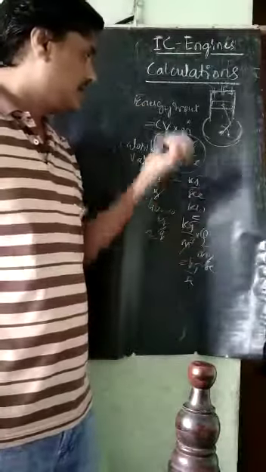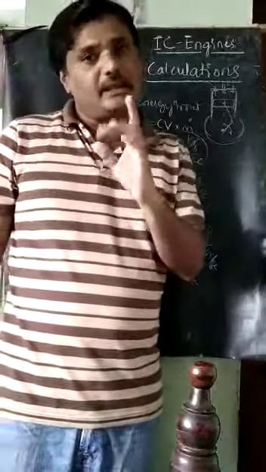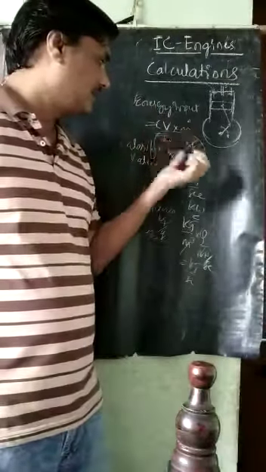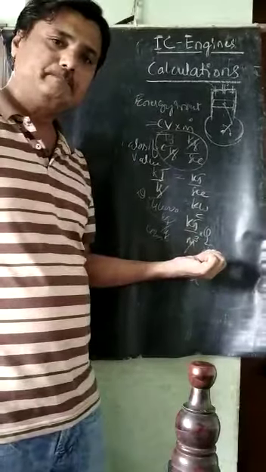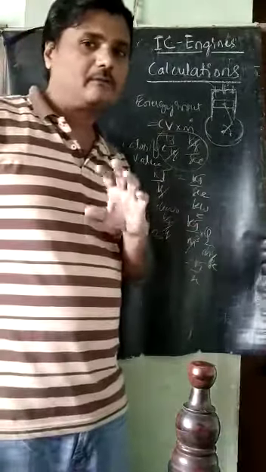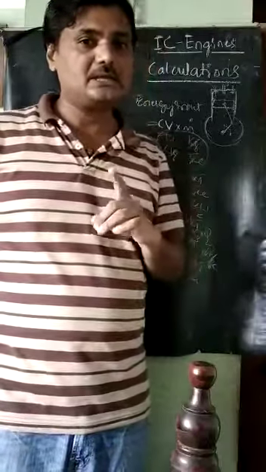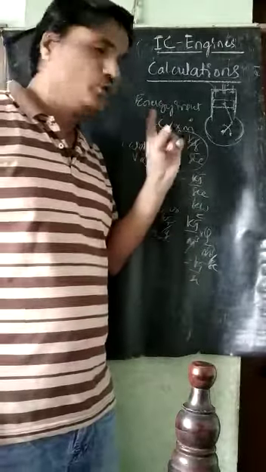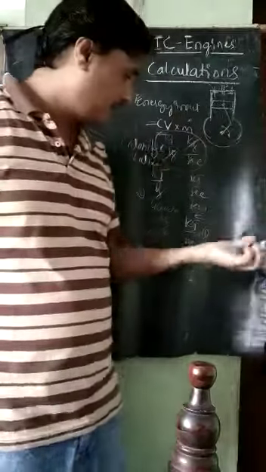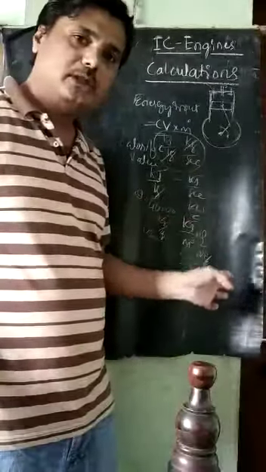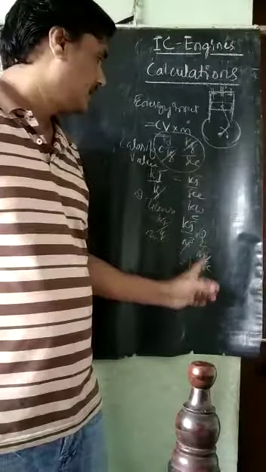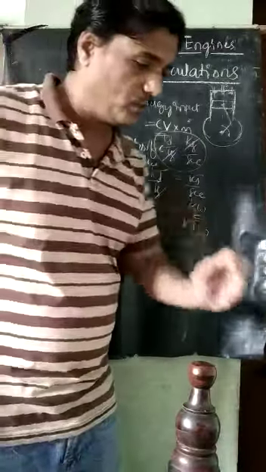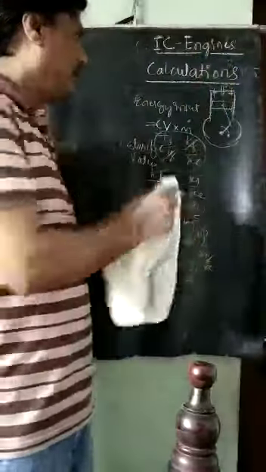So therefore, this energy input calculation is very, very important in this case. Whether we are taking the gas in terms of meter cube per second or kilojoule per meter cube, or else in terms of kilojoule per kg or kg per second. This is the calculation of energy input, that is CV into mass flow rate or volume flow rate. If it is kilojoule per meter cube, then the volume flow rate has to be taken in meter cube per second. If it is kilojoule per kg, then the mass flow rate has to be taken, in kg per second. This is the energy input, the first one. It is very, very important.